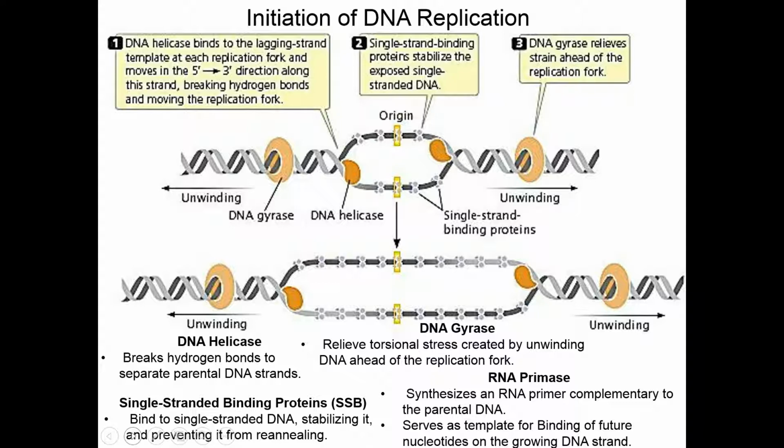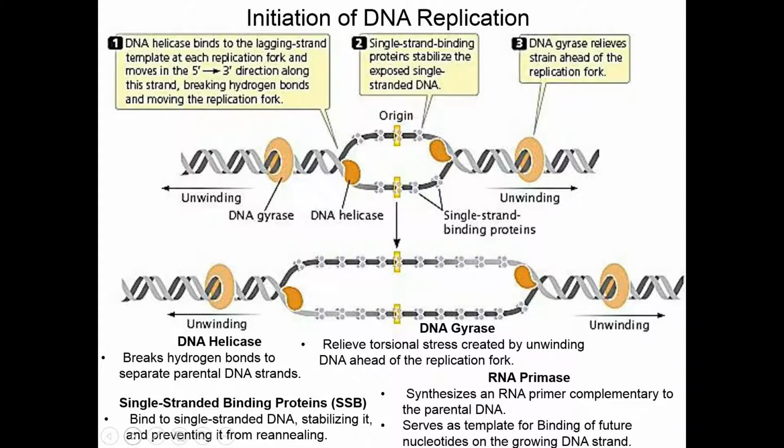Now, what happens as this replication fork is opening up? Well, think about if you were to intertwine two pieces of rope, and then you take one end of that rope and you wrench it apart. The other end of it, you're going to get a lot of kinks, right? Because of the torsional stress that occurs at the end. Well, this is what's happening as the replication fork is opening up, there is a lot of torsional stress on the DNA. It's being supercoiled, which is problematic because the DNA needs to be unwound as the